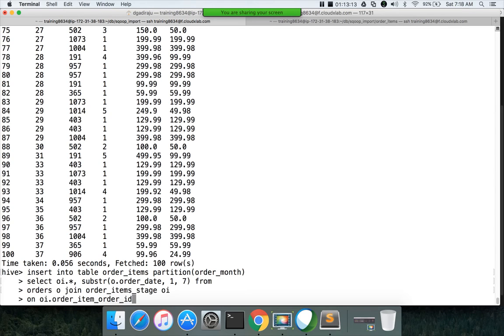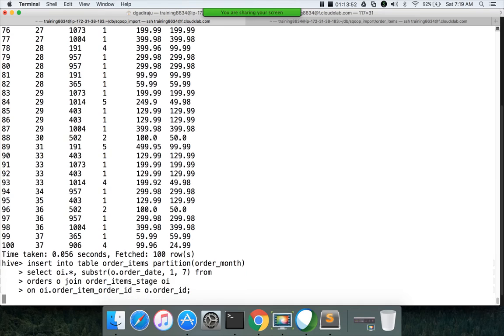Don't worry if you don't understand these joins in detail, because most of the people are freshers here. For them I will explain joins a little bit in detail when we talk about SQL as part of the next class. We will not be able to cover SQL as part of this class. O dot order ID. The order ID is the primary key in the orders table. Order item order ID is the foreign key for order ID in the orders table. We have to use the column which stores the same data in both tables to join, so that we can get the correct results, and hit enter.